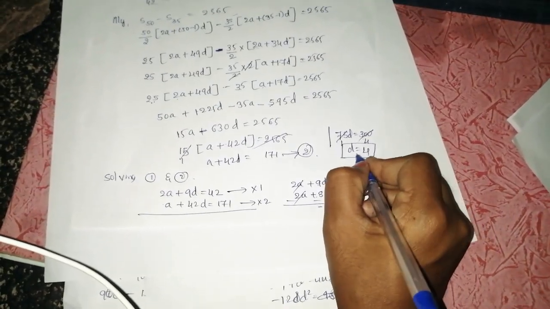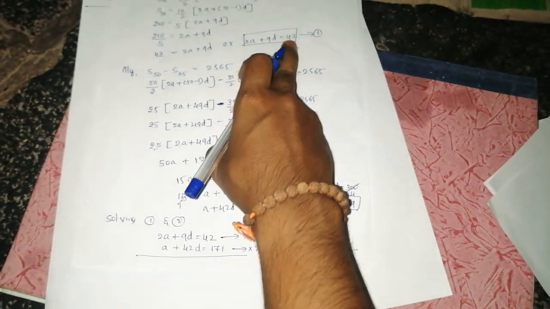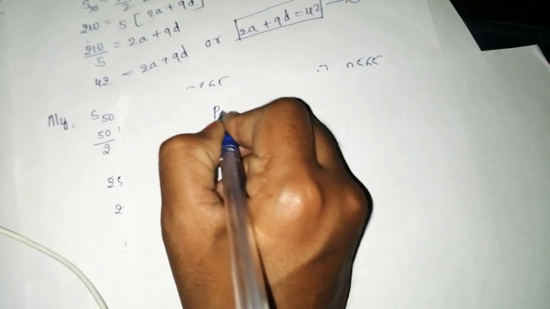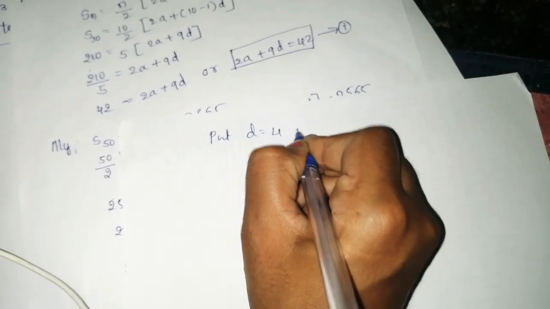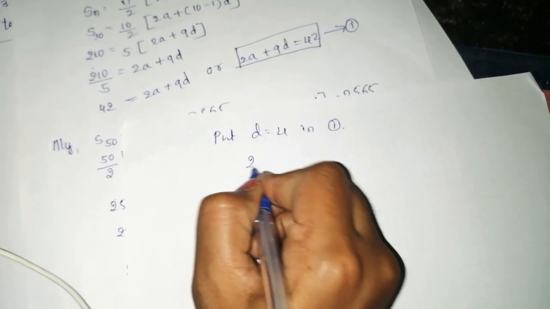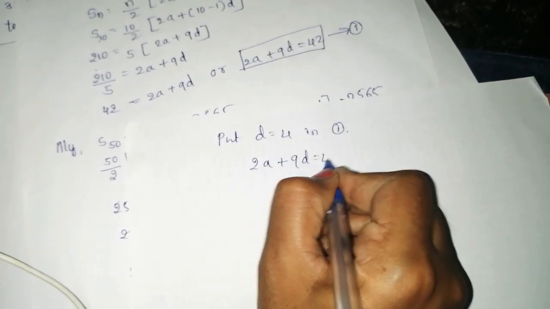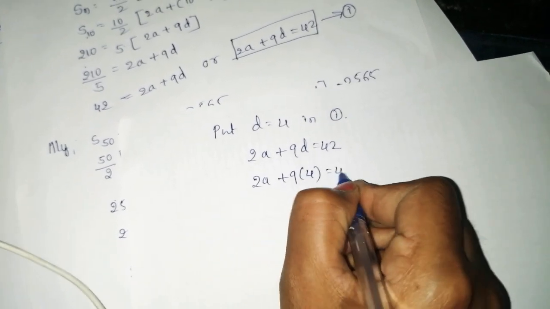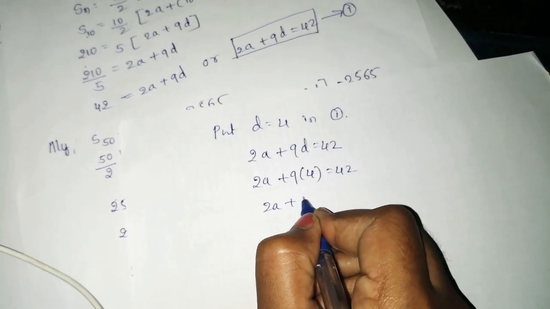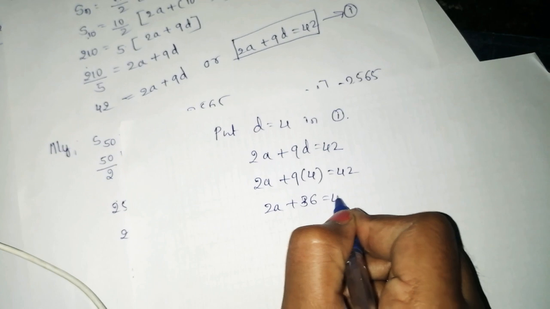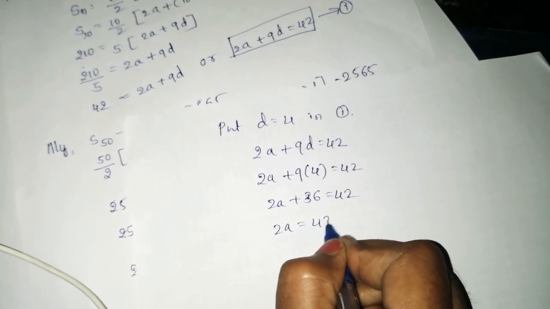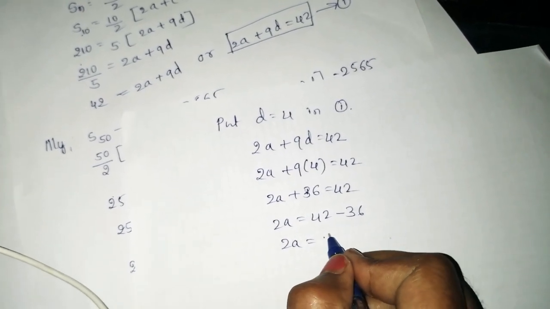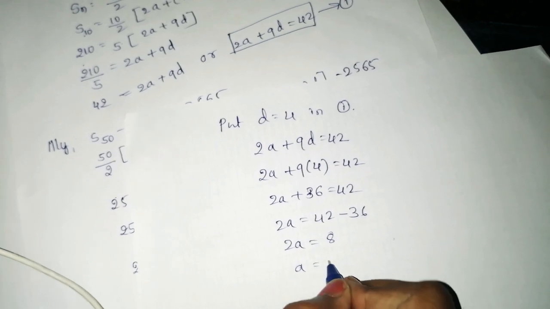Again put this d value 4 in any one of the equation number 1 or equation number 2, you are going to get a value. So here I am going to put d is equal to 4 in equation number 1, that is equation number 1 I have 2a plus 9d is equal to 42. Therefore 2a plus 9, d value is 4, 2a plus 9 4s are 36 is equal to 42. Therefore 2a is equal to 42 minus 36. Therefore 2a is equal to 42 minus 36 is 6. Therefore a is equal to